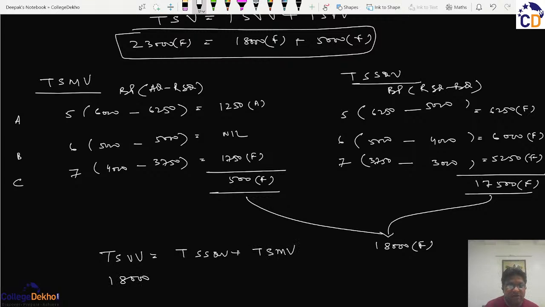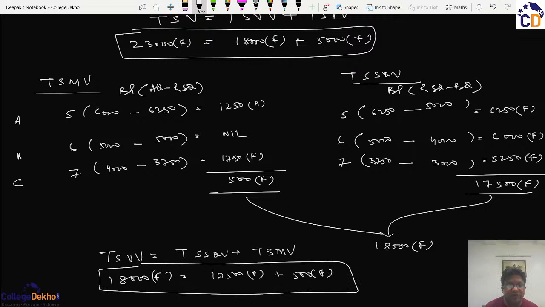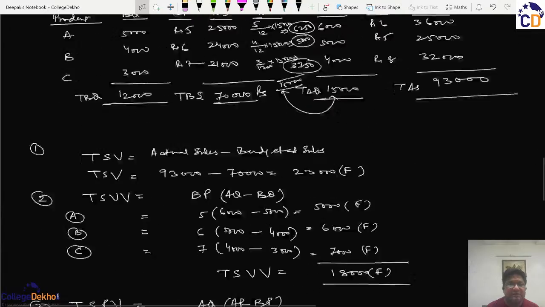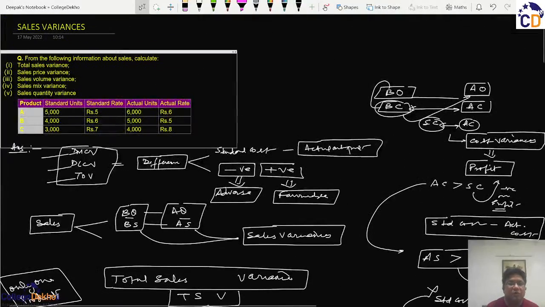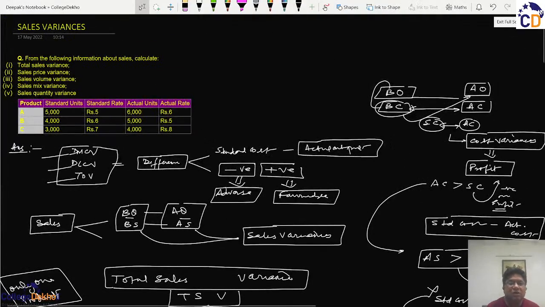You can check it was 18,000 favorable earlier. This comes out to be 17,500 favorable, and this comes out to be 500 favorable, and it justifies that our question is correct until and unless there is a contradictory mistake, which is rarely the case. So I hope by using this simple question and the topics which we have discussed earlier, you will be able